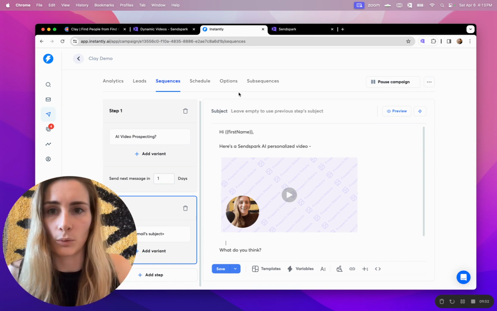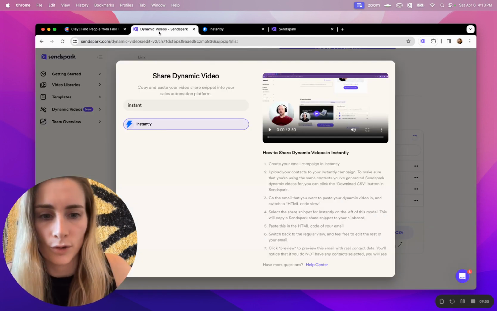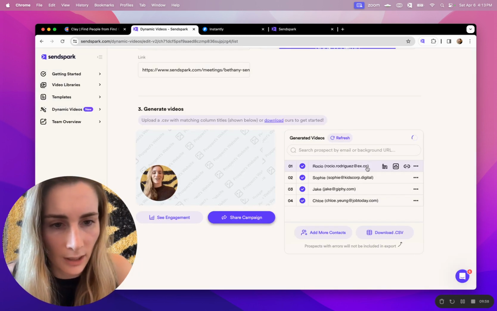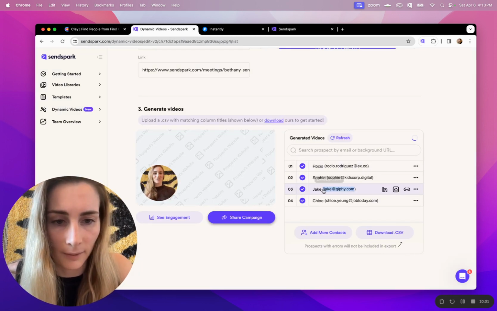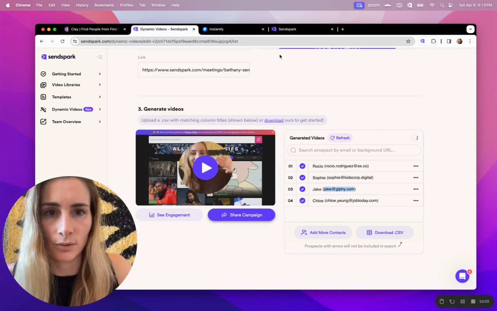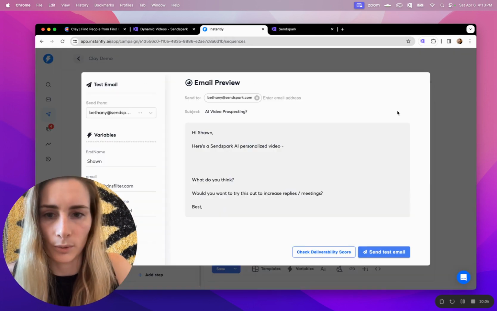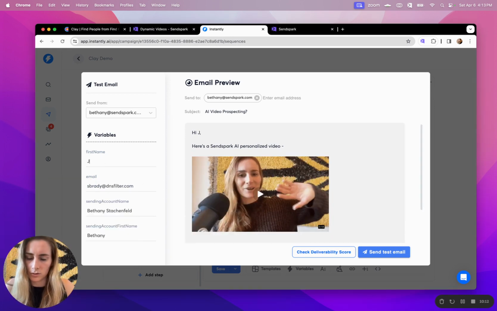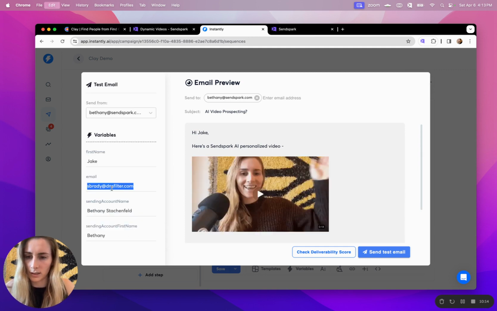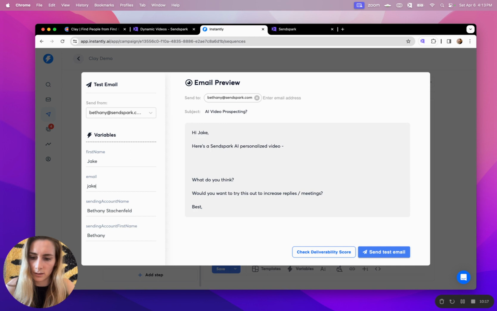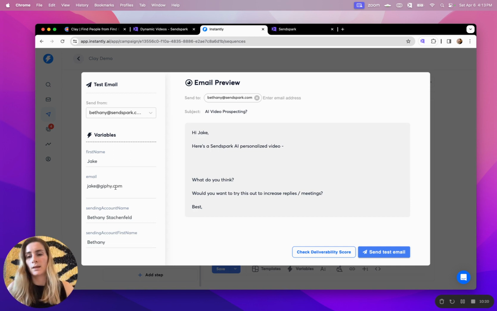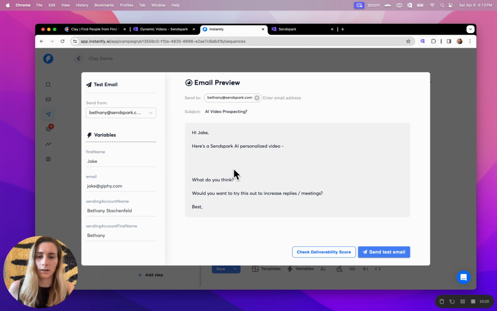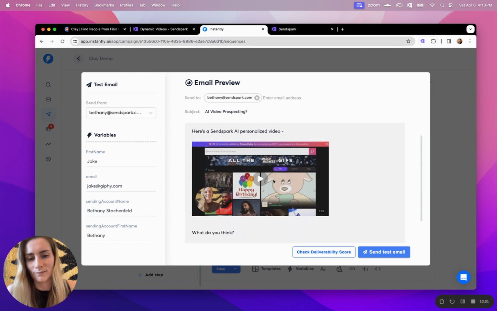If you want to preview that it works, what you can do is pick a contact from your campaign that the videos have fully generated for. So for example, we could do jake@giphy.com, and then we can preview the video on his behalf. So we can click on preview, make that smaller, and then we could do Jake, and then, oops, that did not paste right, but we could do jake@giphy.com. And what we should see here is instead of that sample snippet, we should see the one that was made for Jake at Giphy. So we see it says, hi, Jake, and then boom, we see our video personalized for him,